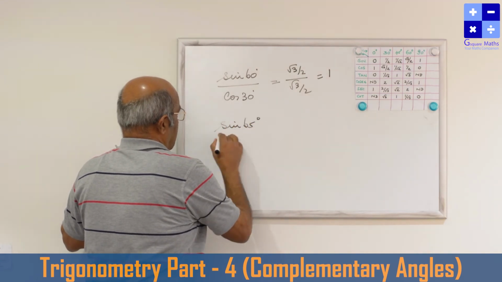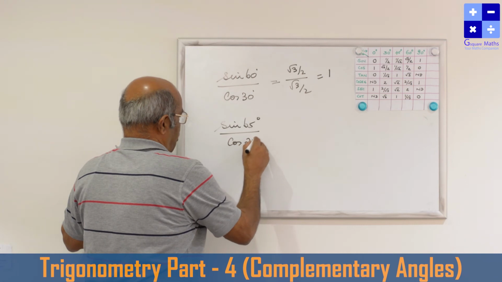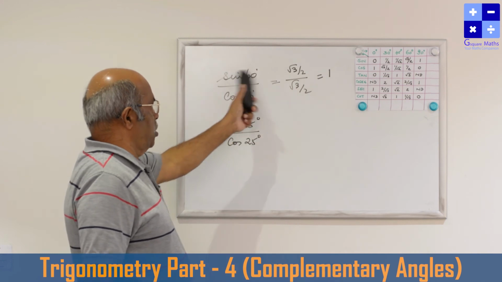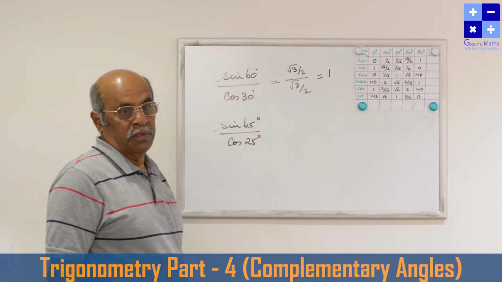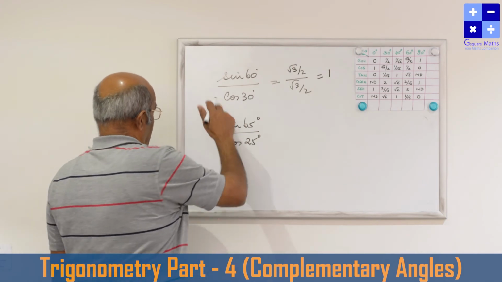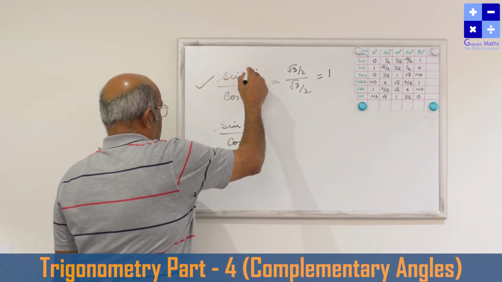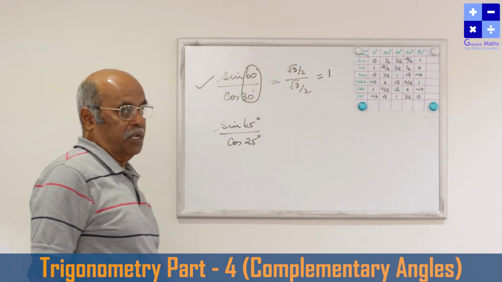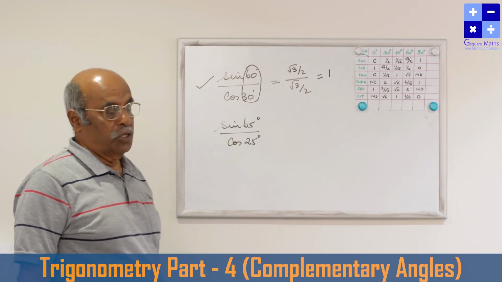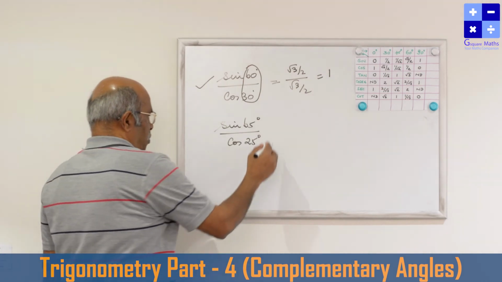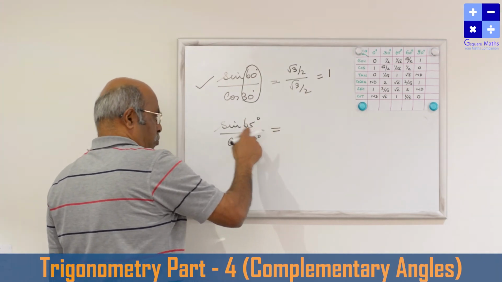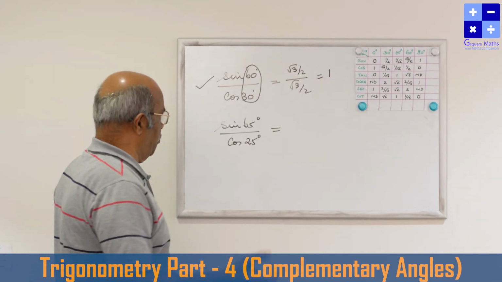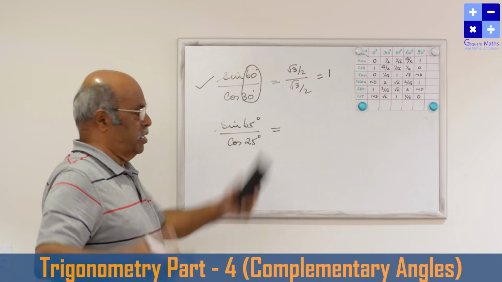sin 65 by cos 25 degree, what will be the value? Here you know the table, so you substitute the value, you find out the value. In this problem also, let me tell you, these angles 60 and 30 are complementary. Why are they complementary? 60 plus 30 is nothing but 90 degree, so they are complementary angles. Similarly, before proceeding with this, we can find out the value by using a calculator, trigonometric tables or log table. By using that, we can find out the value, substitute the values, you will get the answers.